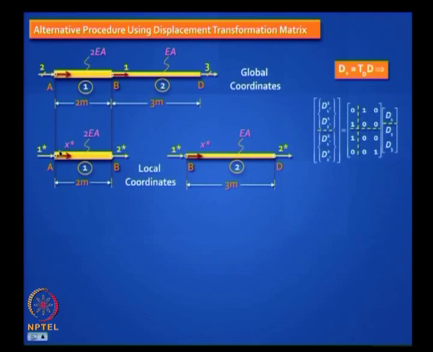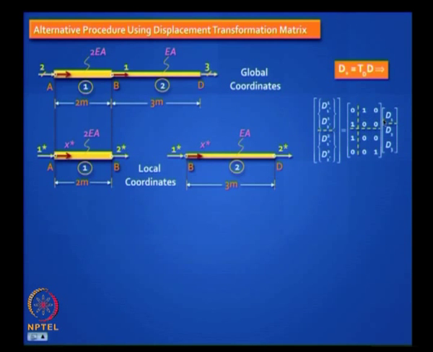Does this get affected? Because you are applying only a unit displacement one at a time. Does this get affected? No, that is arrested. So it's simple logic. It follows that D1 1 star is 0 because you do not get any displacement here. D1 2 star is 1, the same as the movement you get there. D2 1 star is 1 because it should match with D1 equal to 1, and D2 2 star is 0. Does this make sense? That is all.